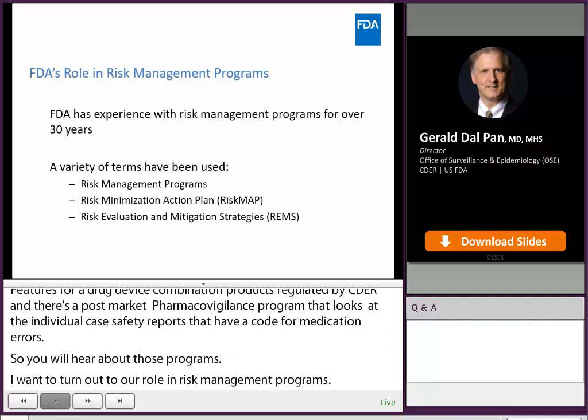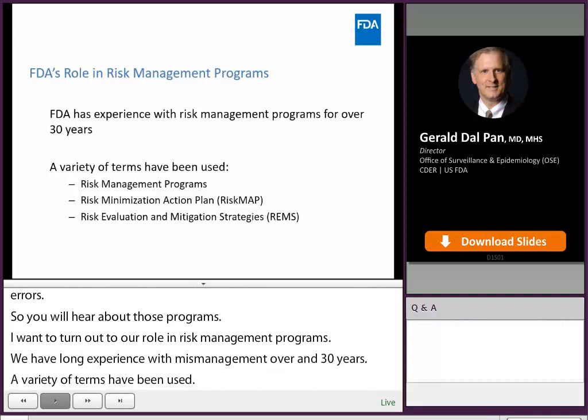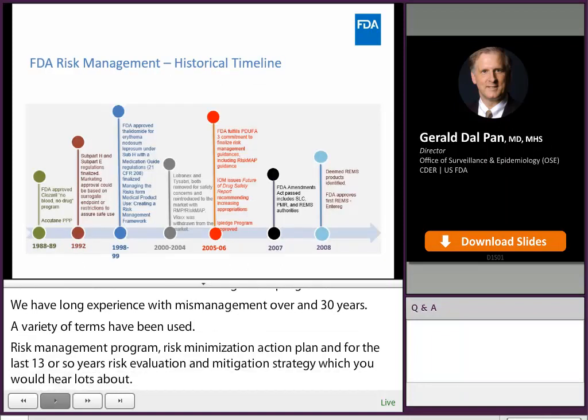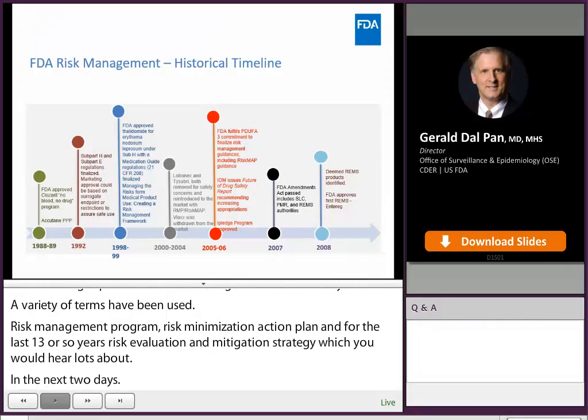A variety of terms have been used: risk management program, risk minimization action plan, and for the last 13 or so years, risk evaluation and mitigation strategy, or REMS, which you'll hear lots about in the next 2 days. This here shows a timeline going back over 30 years, 1988-89, when FDA approved Clozaril's so-called no blood, no drug